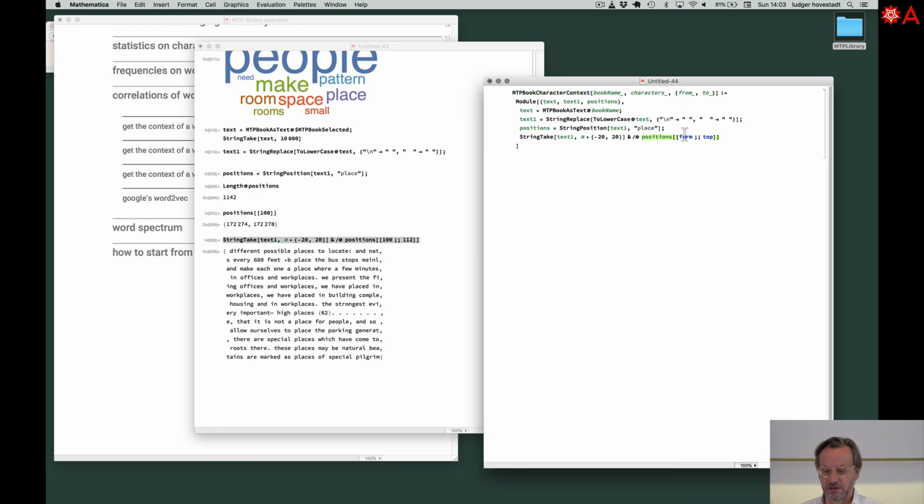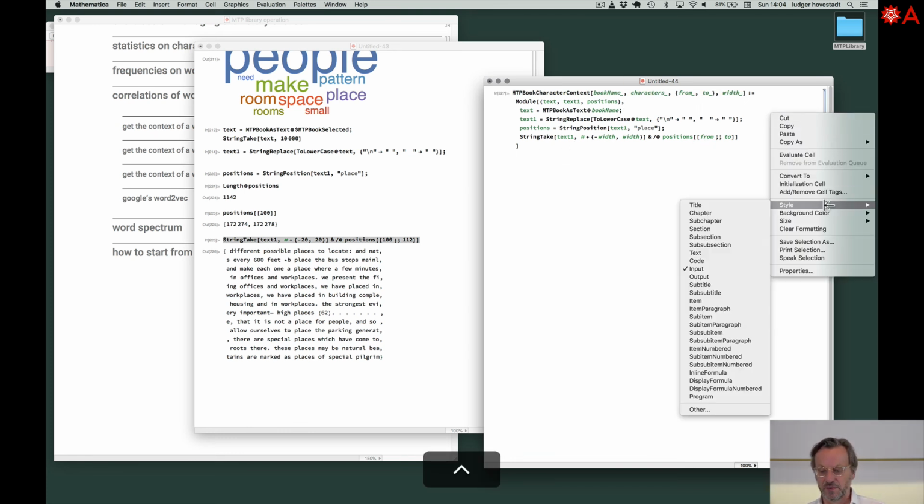We have it here, from to. So here we get this, and we can have the width. Do that, minus width, width here. So now we check whether everything is nice and green, and this should be our function,